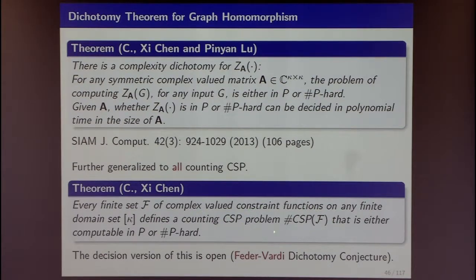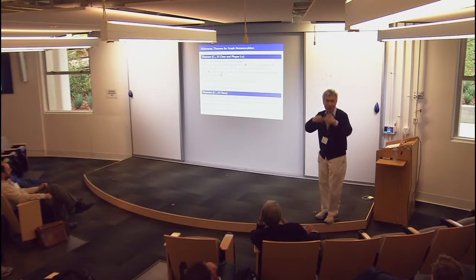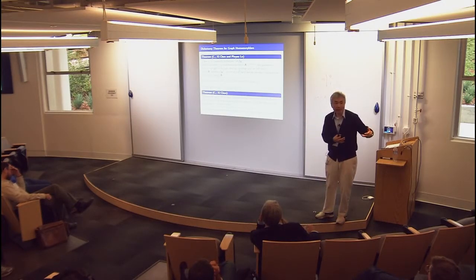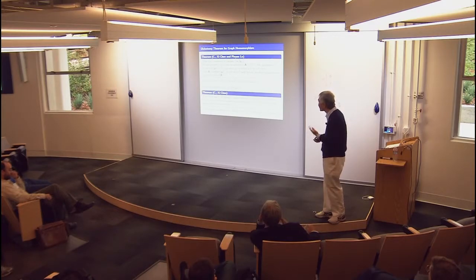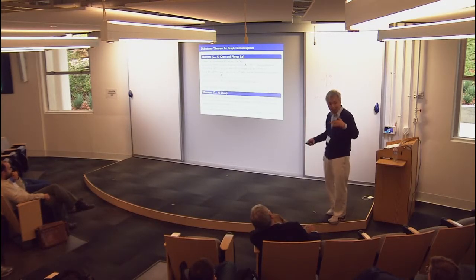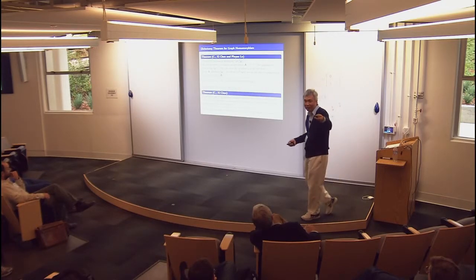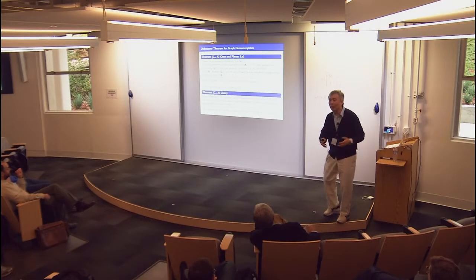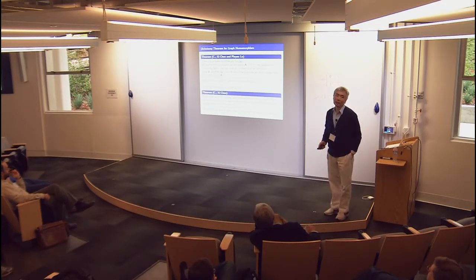But the theorem still says that the 2 functions, or 25 billion functions, a constant, defines a CSP problem, where the input is variables and constraints applied like a graph, and then you ask for the partition function, which is summing over all possible assignments of the variables and multiplying over the constraints. That partition function computation is either in P or sharp P, depending on what this set of 25 billion constant-many functions are. But to tell which way it went, we don't know at this point.